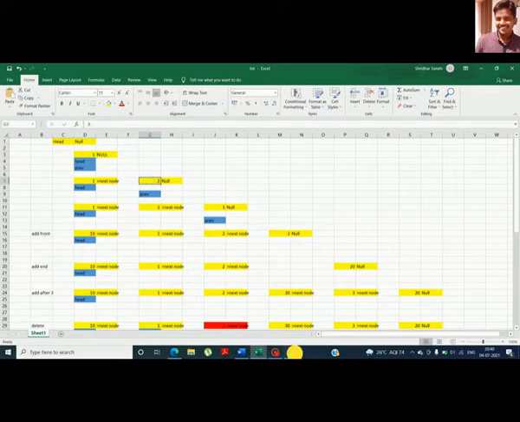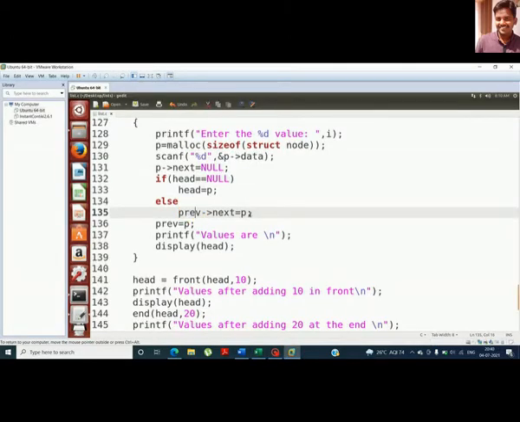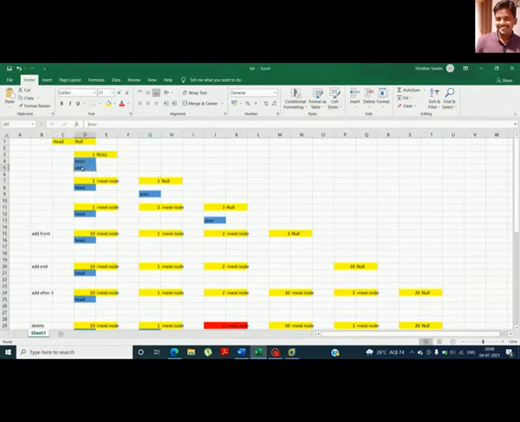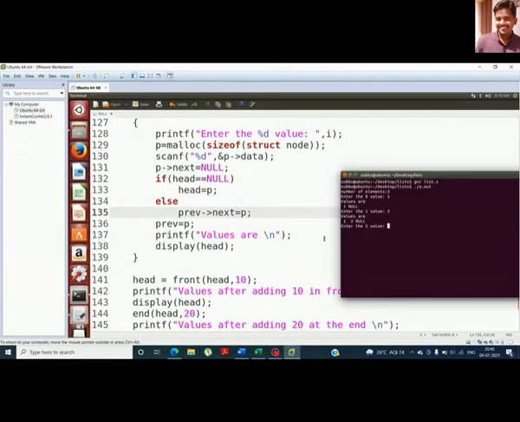That's what I have done here: previous of next equal to p, and then I'm making previous equal to p. Now previous has jumped to this position. Head is pointing to the first node, previous is pointing to this second node, and the second node's address is null because there are no other elements. Now I'll enter the third element.